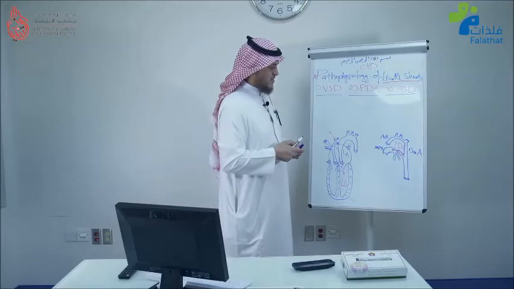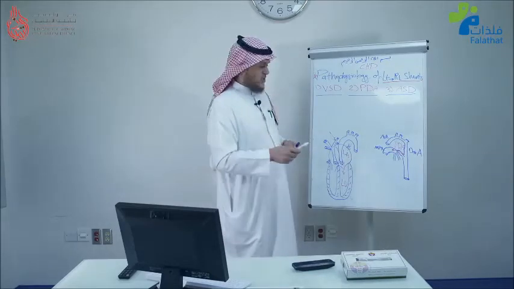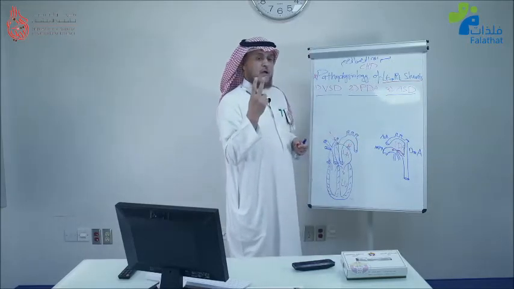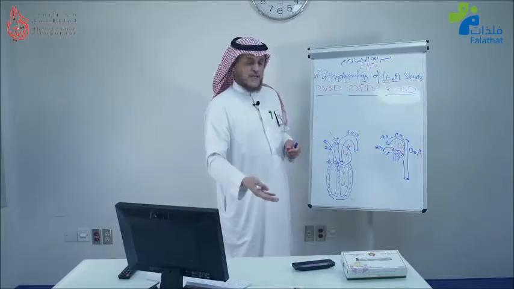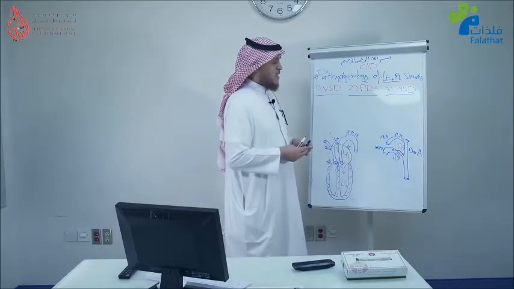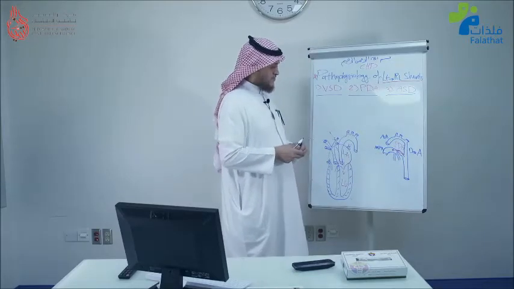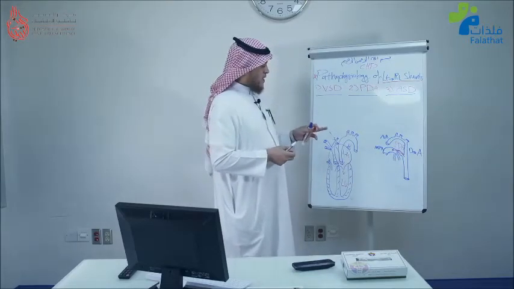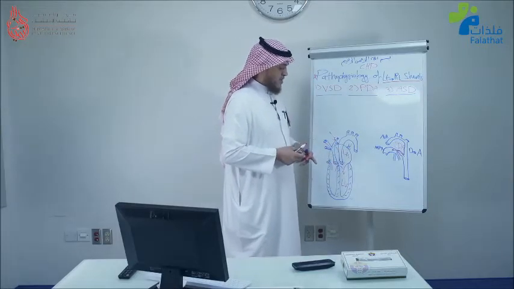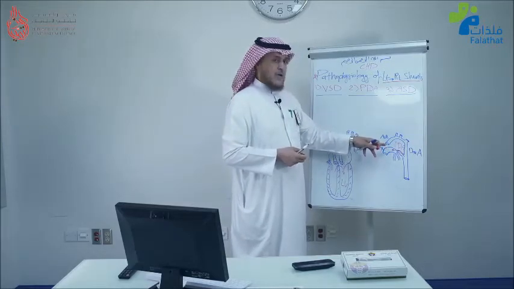Because in the VSD, the shunt is mainly systolic, and in the PDA, the shunt is systolic and diastolic, giving more volume, more cardiac output to where it shouldn't go, which is the main pulmonary artery, and stealing the blood away from the aorta. So we will see more LA dilatation, more LV dilatation, more susceptibility to have higher PA